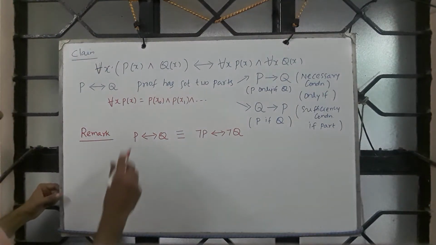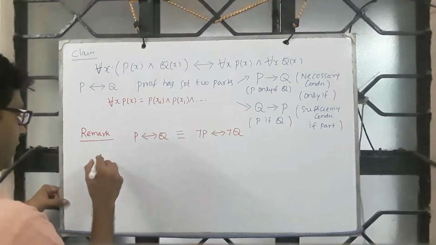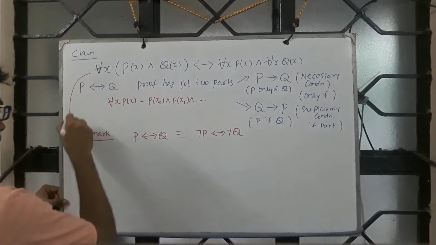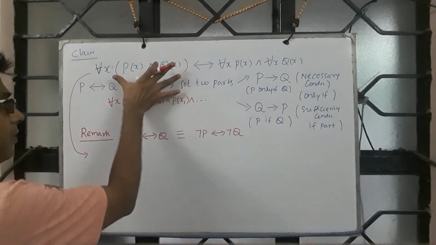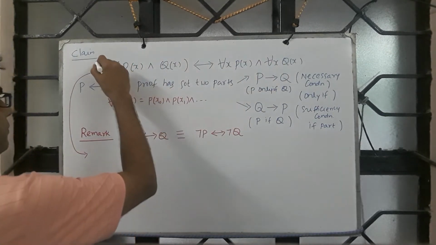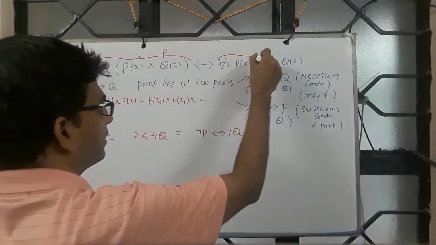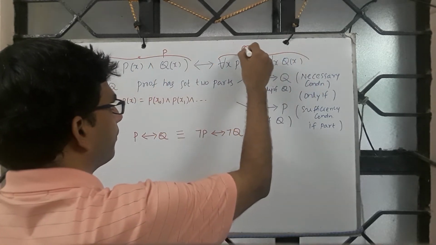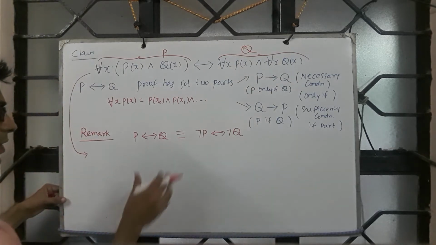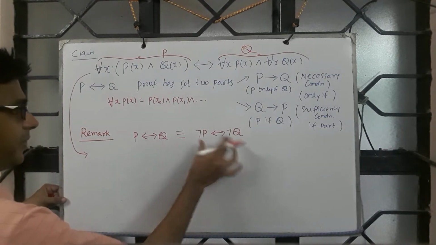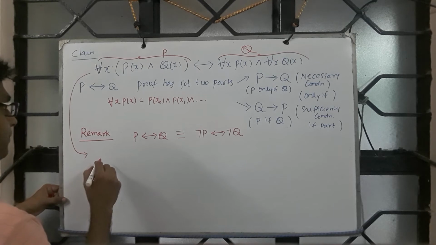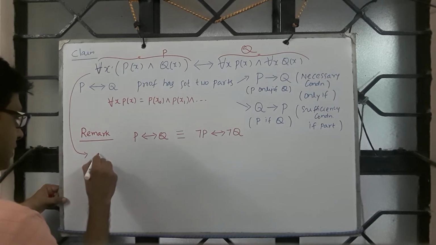Which means this one is equivalent to P biconditional Q. So the entire part is P and this part is Q. This one is equivalent to negation P biconditional negation Q. Okay, so which means